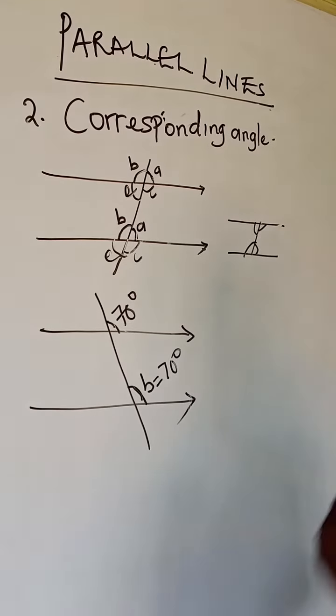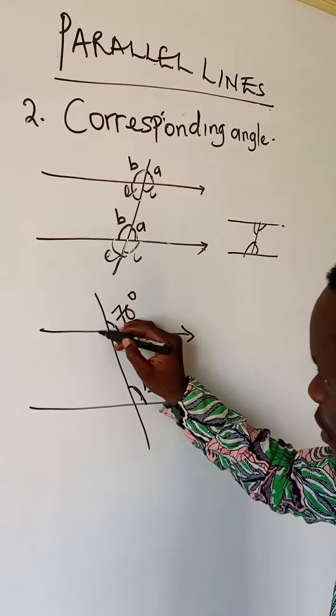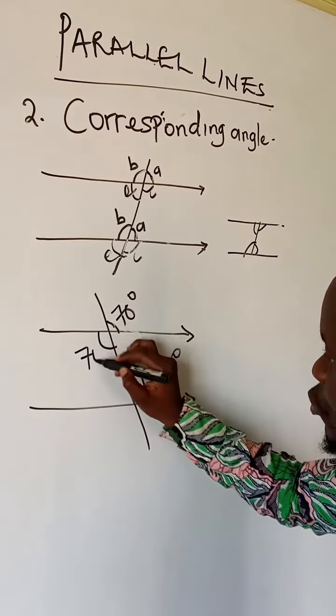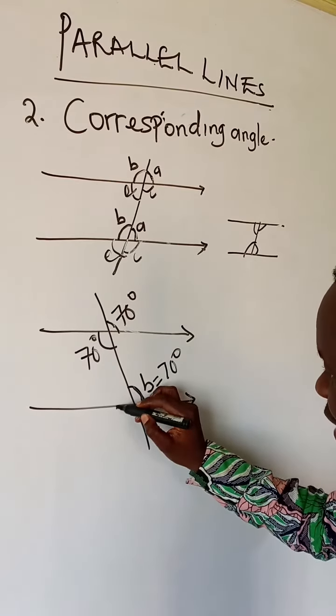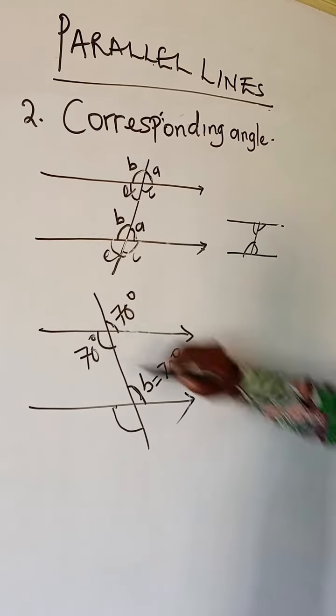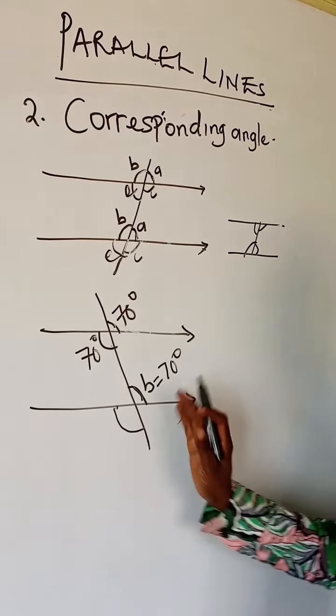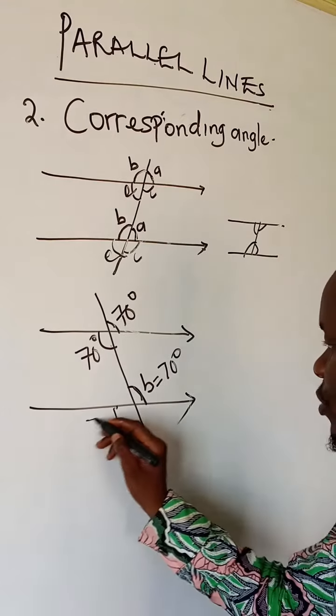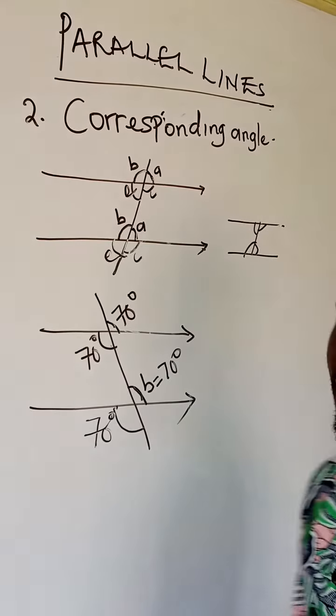70 degree. Now, if here happens to be 70 degree and we are asked to find, let's say here, okay, one is inside and the other is outside, facing the same direction. So we say that this place is 70